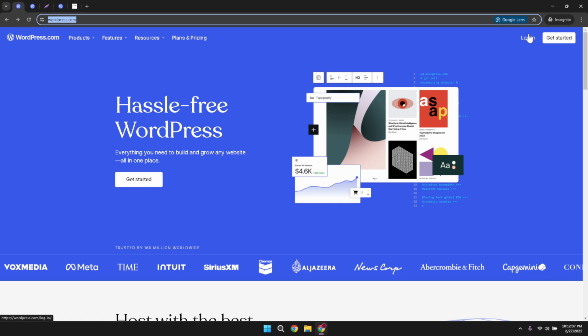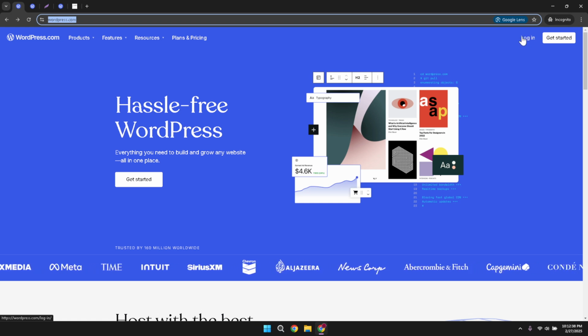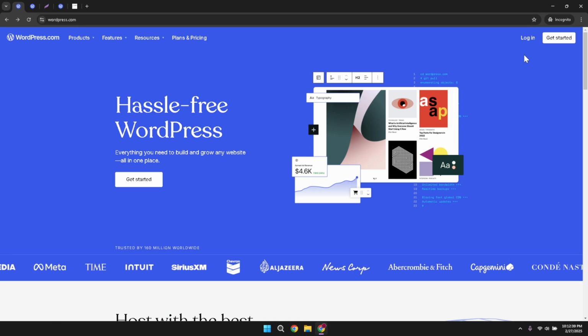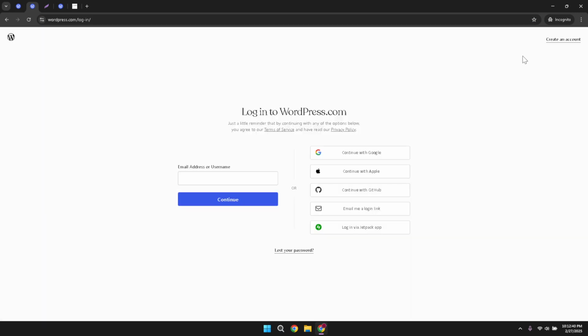After that, a login screen will present itself. Here, choose Continue with Google. This option is excellent if you prefer seamless integration and ease of access with your Google account. Now, you'll see a list of your Google accounts. Simply select the account you'd like to use. This might be your personal or business account, whichever one is associated with your WordPress site.